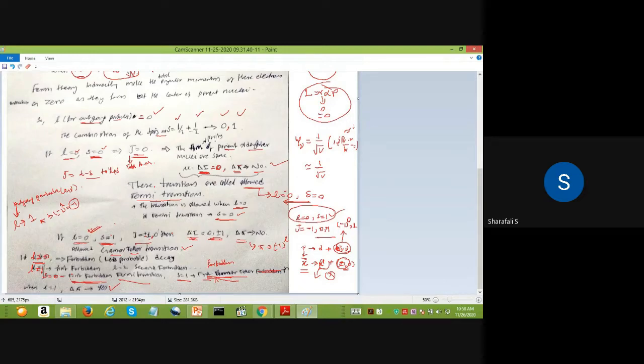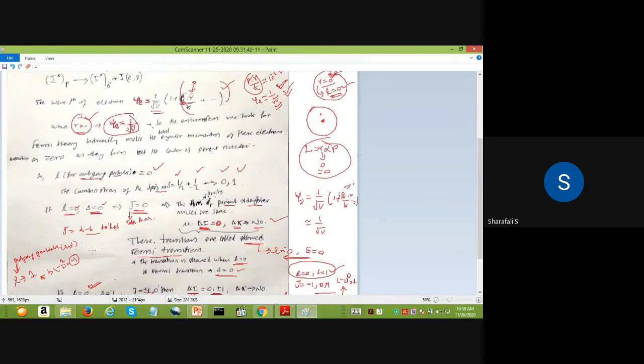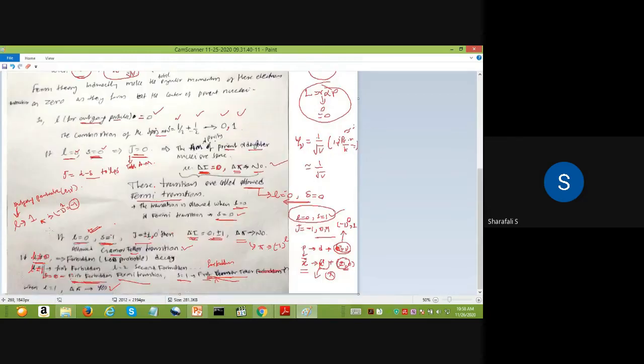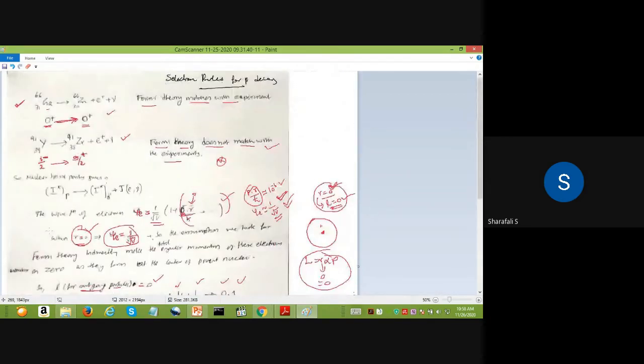So these are the basics; you can go on to higher terms. For example, if you consider L value equal to 1, L value equal to 2, so for L value equal to 1, we have to consider the first term, P dot R by H cross. If you consider the higher order terms, then you will get the higher angular momentum terms, L equal to 1, L equal to 2, etc.